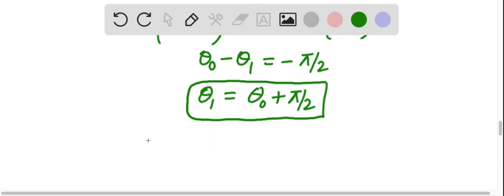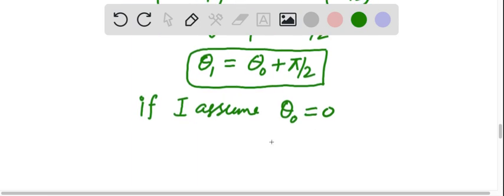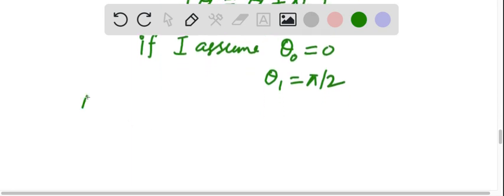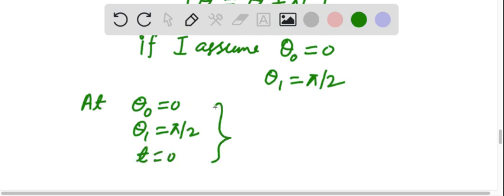If I assume theta naught is equal to 0, then theta 1 is equal to pi by 2. So at these two conditions, that is at theta naught equal to 0 and theta 1 equal to pi by 2 and t equal to 0, the expectation of the momentum will be maximum